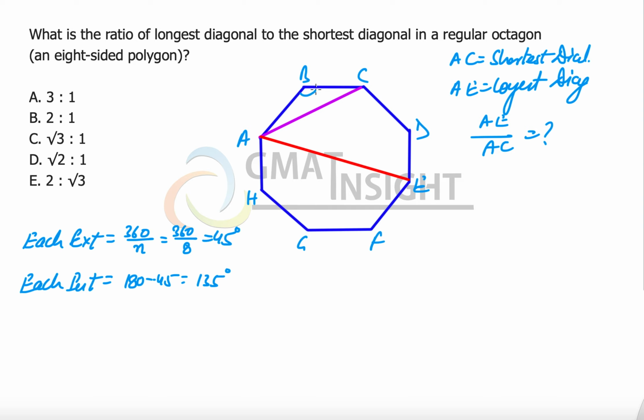Now we need to understand what kind of geometry is emerging from this figure. So we have this angle B equal to 135 degrees because it's the interior angle. So the remaining 45 degrees needs to be distributed at these two parts, and we know that AB is equal to BC. So these two angles each will be equal to 22.5 degrees, but we have no idea how to use this 22.5 degrees. What we are going to do is, maybe we can join CE because CE will have exactly the same length as AC. If AC is representing the shortest diagonal, then CE also is the length of the shortest diagonal. So here we draw CE.